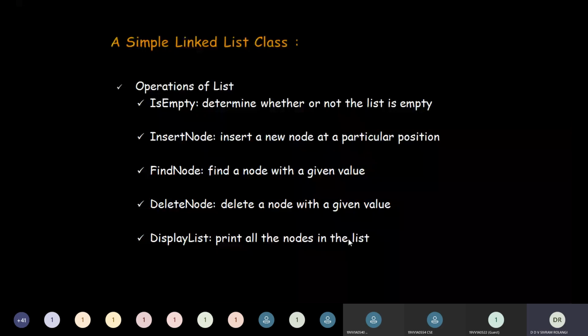The next one is the insert node function. There are several versions of this insertion function. You can insert at the beginning of the list, or you can insert your elements at the end of the list. Usually this operation is called append, appending a list. Or you can insert your element at a specific location, say after the third node or after the fourth node or after the 25th node. So your insertion operation is based on these three things.